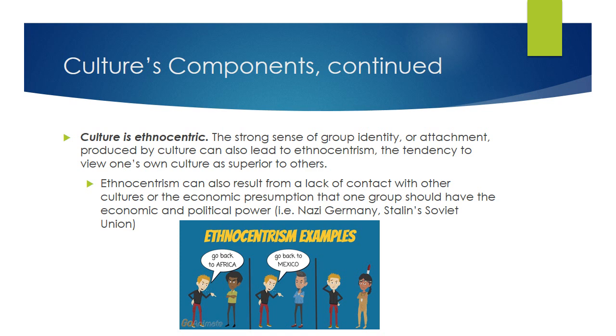Ethnocentrism examples: you have your white guy say to the black guy, go back to Africa. Then the white guy tells the Hispanic looking man, go back to Mexico. And then he's kind of stuck when he gets to the Native Americans because they're Native Americans. But this tendency to think that our country is the best is very normal.